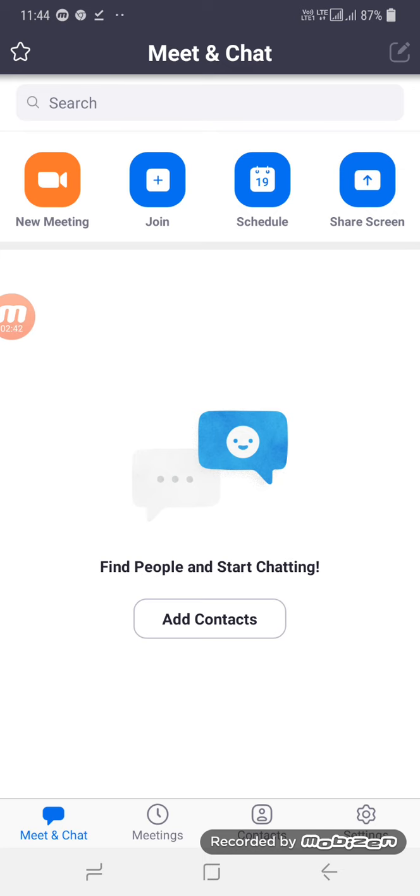Now you come to your Zoom app and click on it. At the initial stage, when you are doing it the first time, it will ask you to enter the email ID and the password that you have set for using the Zoom app. It is not necessary that you use the same password that you use for your email ID. I specifically tell you that instead of using your regular email password, set up a different password for using this Zoom app.